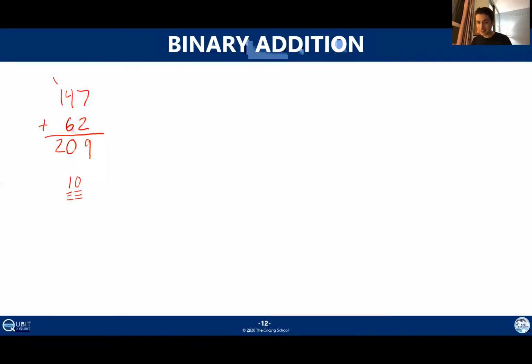And so binary addition actually works in very much the same way. The only thing you have to get used to is that the numbers you're allowed to put down here are only 1s and 0s. So let's do a quick example for ourselves here. Okay, so say I'm asked to add these two binary numbers. We do it in the exact same way as decimal addition. Start off with the right-hand column, take 1 plus 0, you get 1.